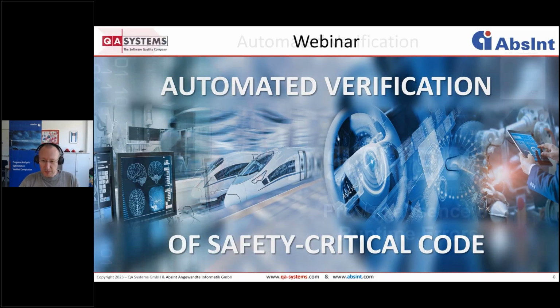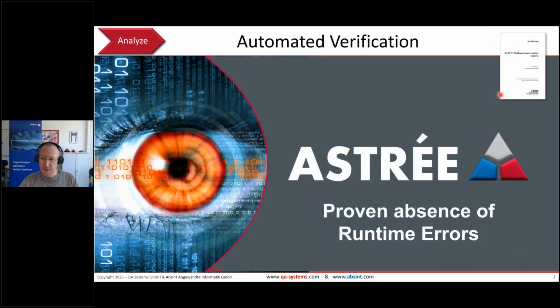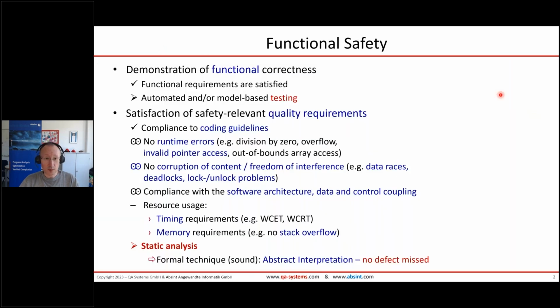So the topic of the last section of this webinar will be AS3. It's the deep static analysis to find critical code defects and prove their absence. So before going into that, let me briefly sketch the background, why we're here at all. In general, if you look at any safety standard which is around, of course, it requires demonstrating the functional safety also of the software.